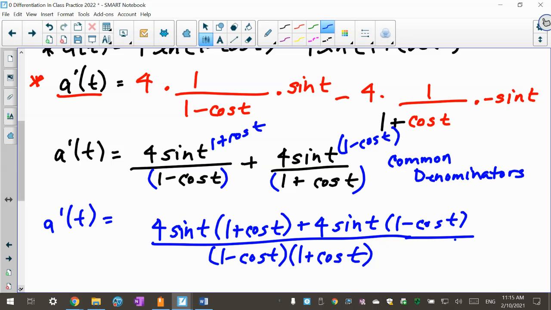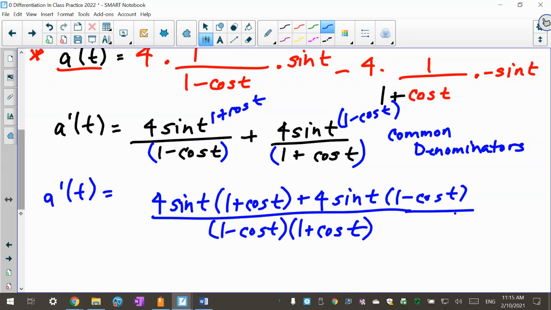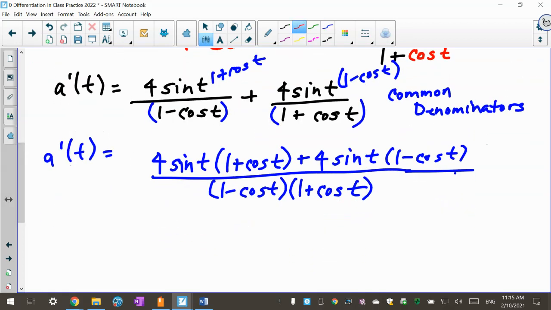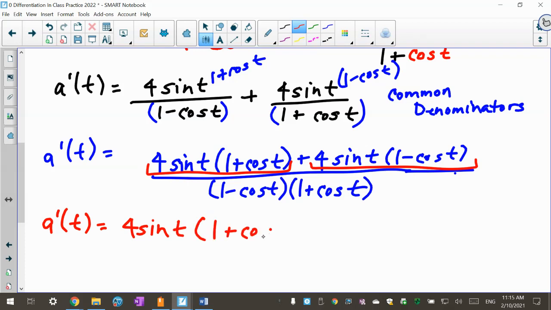Okay, so far so good. You're thinking, how does this make it better? Well, ready? This is a term here, and this is a term here. I can recognize by looking at that I can pull out 4 sine t, or factor it out. So I'm going to factor that out. When I do, I have a 1 plus cosine t left of my first term, plus a 1 minus cosine t left of my second term, all over